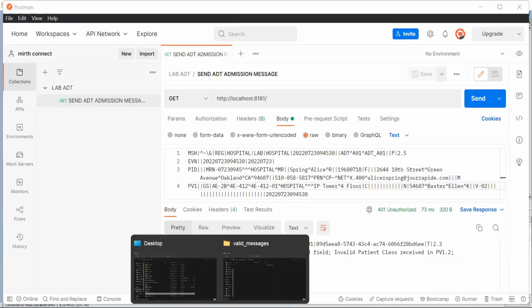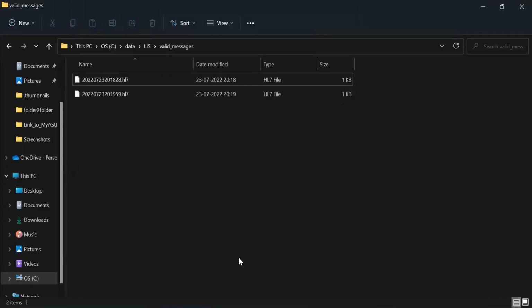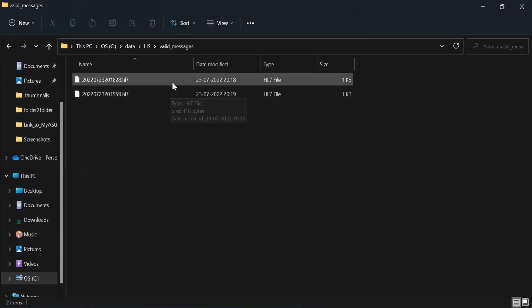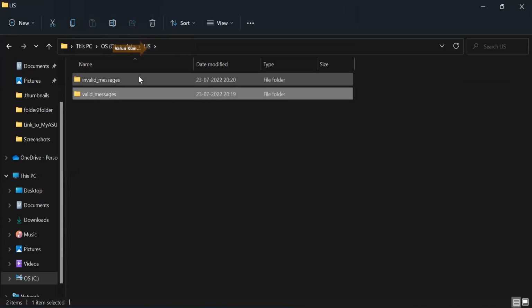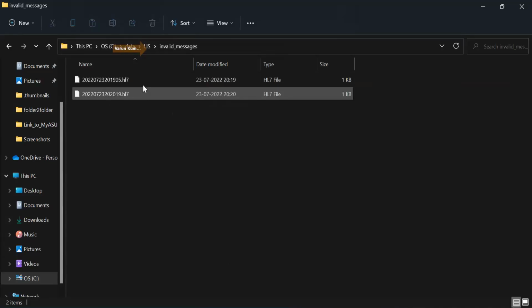Go to the folder. So if it is valid messages, you're getting it over here. Go back to invalid messages folder. Here you can see, these are invalid messages.